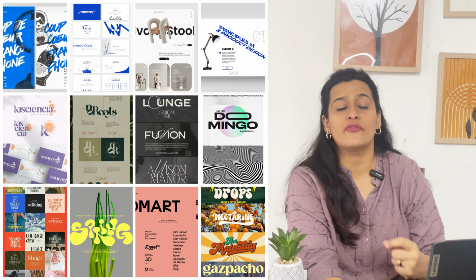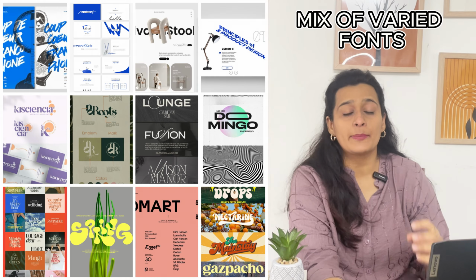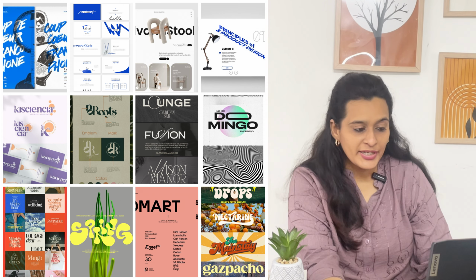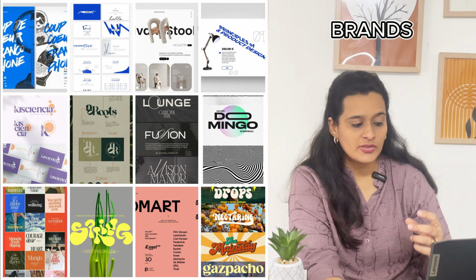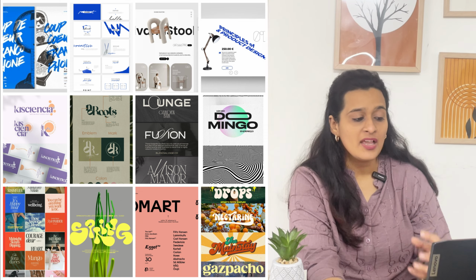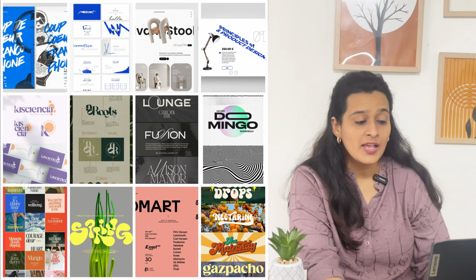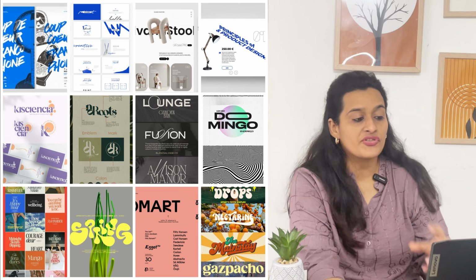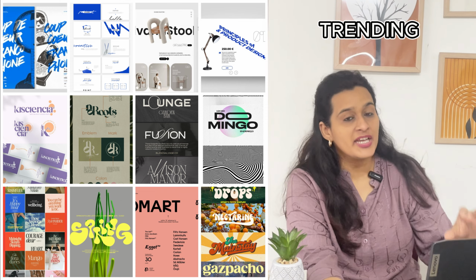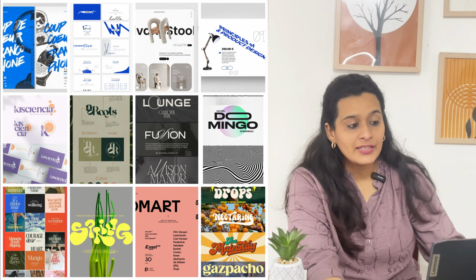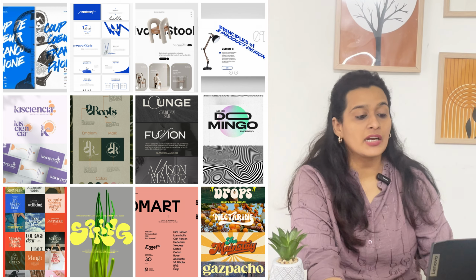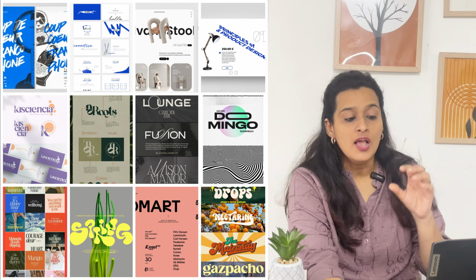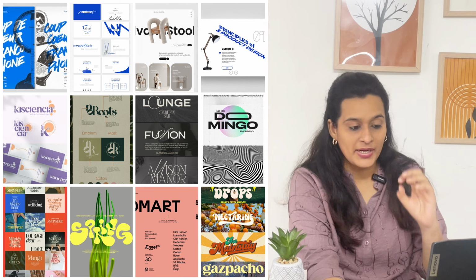Next up, we have varied kinds of fonts. I mean, we are so bogged down by the fonts provided by Photoshop. This will remind you of some kind of brands. This will remind you of some kind of very fresh items. So why can't we use this in our portfolios as well? Why can't we pick up the trends that are already available and people are selling through posters like this? So why can't we just pick those trends up and put them in our portfolio and client presentations as well, so that we also can get a better output?